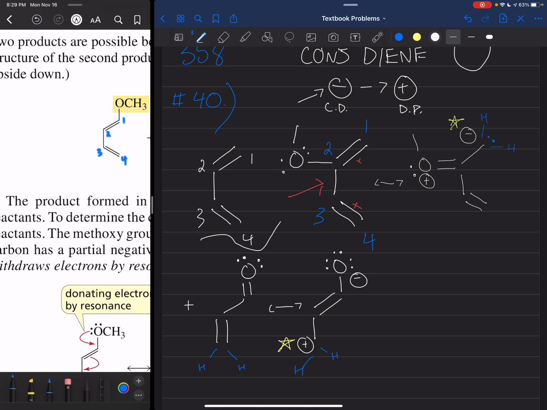So I always like to start with my original conjugated diene, all right? So let's see if we can actually figure out what's happening here. So we have this, this, this, this, this, this, this, okay? We're bringing in our positive charge,